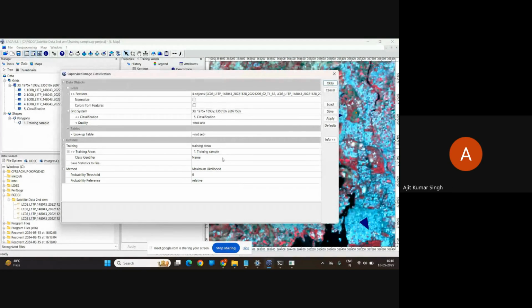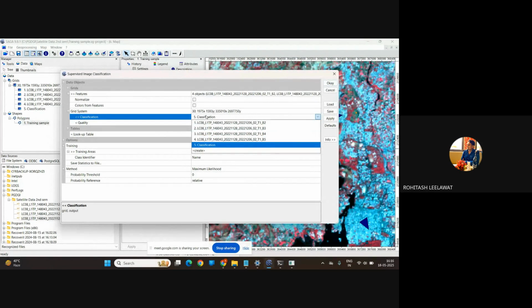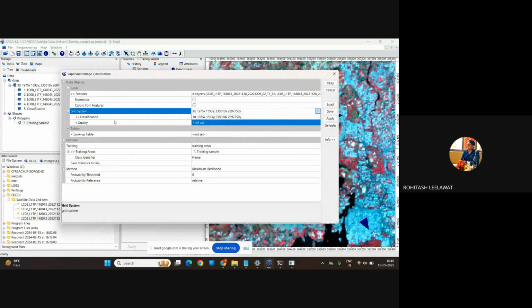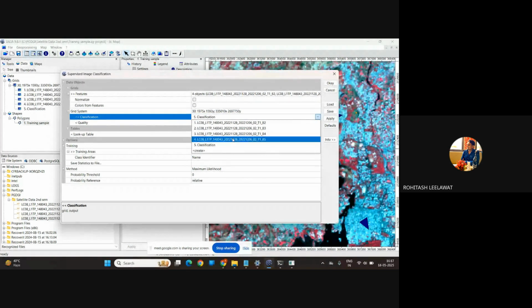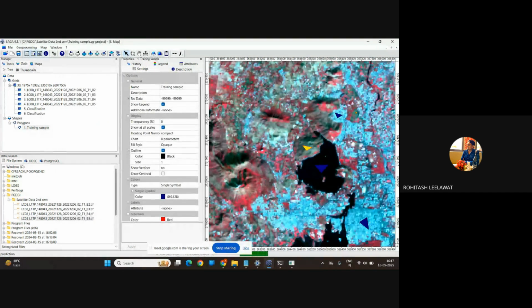ये पहले से ही सेव कर दो। लोड। क्लासिफिकेशन की जगह आप अलग से क्रिएट कीजिए उसमें। जो पहले वाला क्लासिफिकेशन है, ग्रिड सिस्टम में ऊपर, जी सर। उसको क्रिएट पे क्लिक कीजिए। ग्रिड सिस्टम में नहीं, नीचे क्लासिफिकेशन में क्रिएट का ऑप्शन आ रहा है क्लासिफिकेशन के बाद। हाँ, ओके। इसमें ट्रेनिंग एरियाज क्लास आइडेंटिफायर की जगह नाम चलेगा। हाँ, पहले यही एरर आता था। ठीक है, अभी एक बार इसका आउटपुट चेक कर लीजिए।